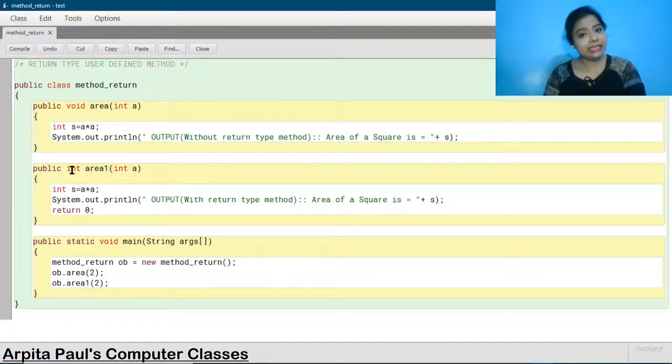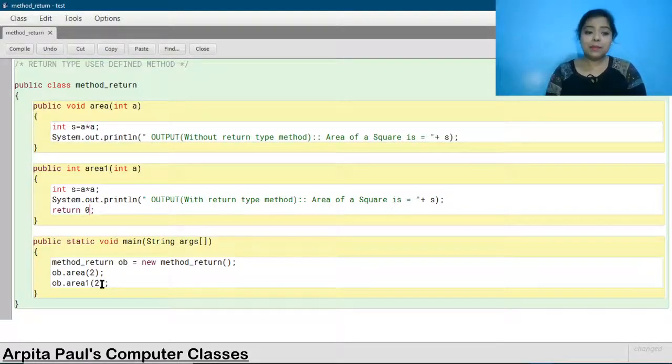Okay, now to call and use this method, we have to create the object of this class and call it within the main method. For that I have written public static void main String args, then created the object of the class method return. I have written method return space ob equals new method return.